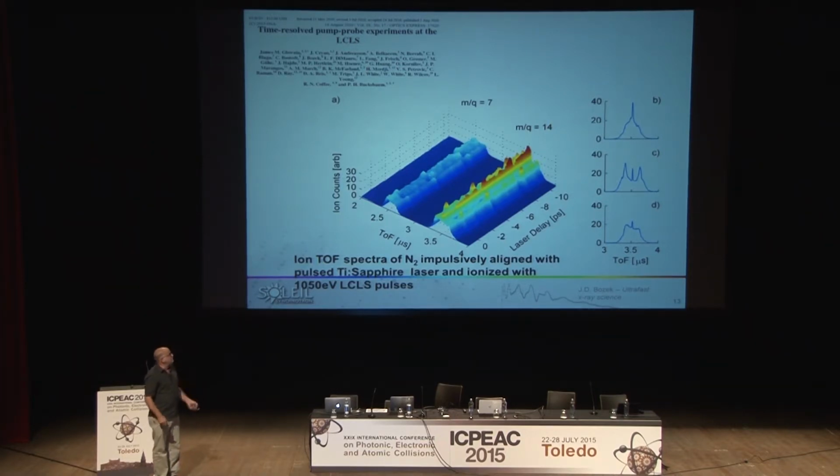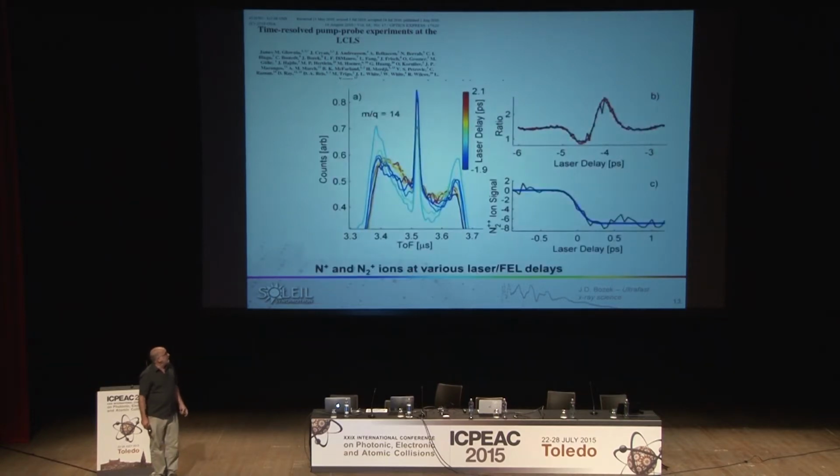But one of the best things we found from this is this sharp peak in the middle of this mass-over-charge peak of 14, which corresponds to atomic nitrogen, or dicationic molecular nitrogen, and happens to be dicationic molecular nitrogen, is a signal that bleaches with time. So if you look at the relative intensity of that peak as a function of time, you see that it's some level if the laser arrives before the X-ray pulse, but then it decreases after the arrival of the